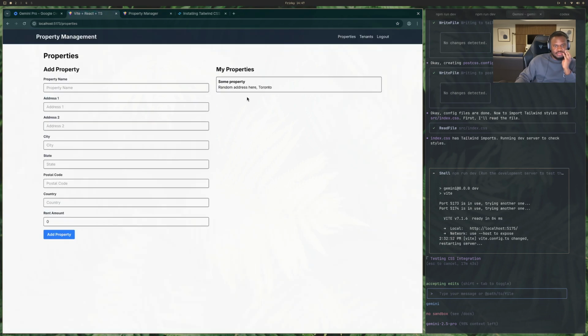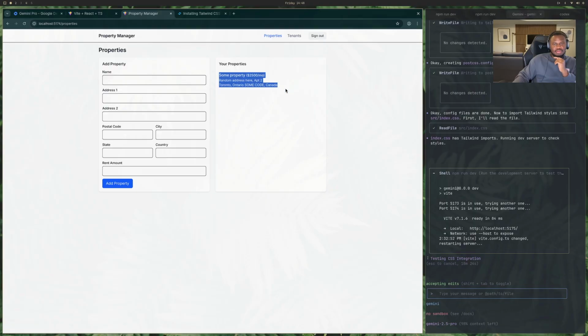I get it. This too is kind of ugly, but if I were to add another one, like some property address, random address, 2. This time I'm going to put better. And I'm going to put Calgary, postcode, country, Canada. Okay, so add property. Okay, I think this is nice. It's sort of like a table, like a card type of thing, right? Like here you have